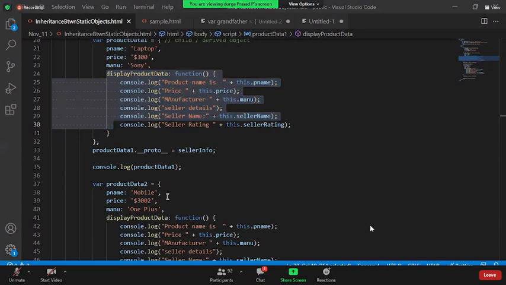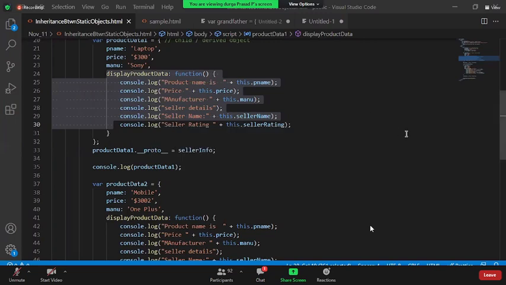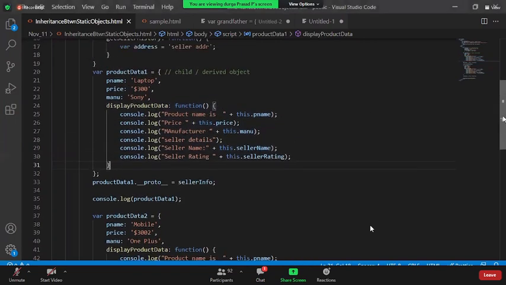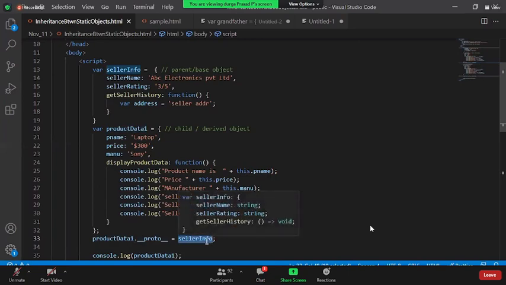Hello, sir. Yes, ma'am. Where do you mention that it is a parent or a child? Here we don't use the keywords like parent and child. When you say object dot __proto__, this one will become the child. And the one you are inheriting from will become the parent. We don't use the keywords parent and child in any of the languages.